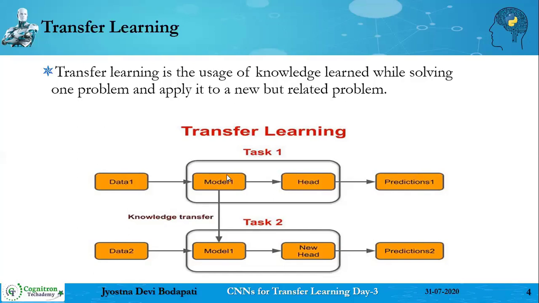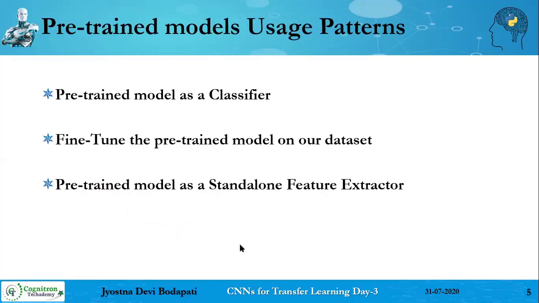So as an answer to that question, transfer learning was introduced, where you are transferring the learned knowledge from one particular deep neural network to the other models. That's what basically transfer learning is. Of course, there are many advantages. By this time, you must have understood what the advantages of transfer learning are. And let's see how you can use pre-trained models for transfer learning.